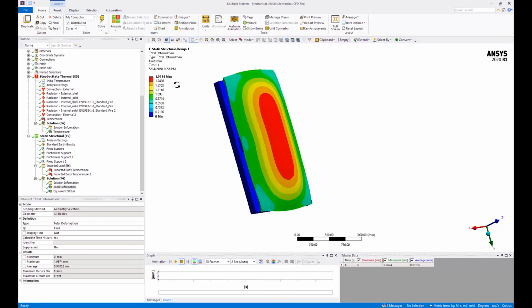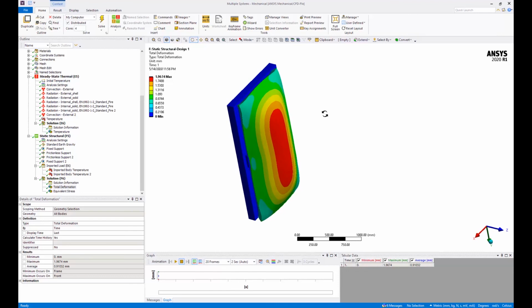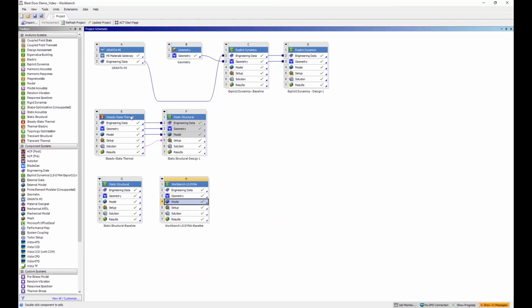So it's about 1.96, which is less than 2 millimeters, and it satisfies the criteria, which means the door is okay, and then the spec is satisfied. And one thing to point out is that the thermal and static structural can be done using ANSYS Pro and Premium. You don't need Enterprise to do that.